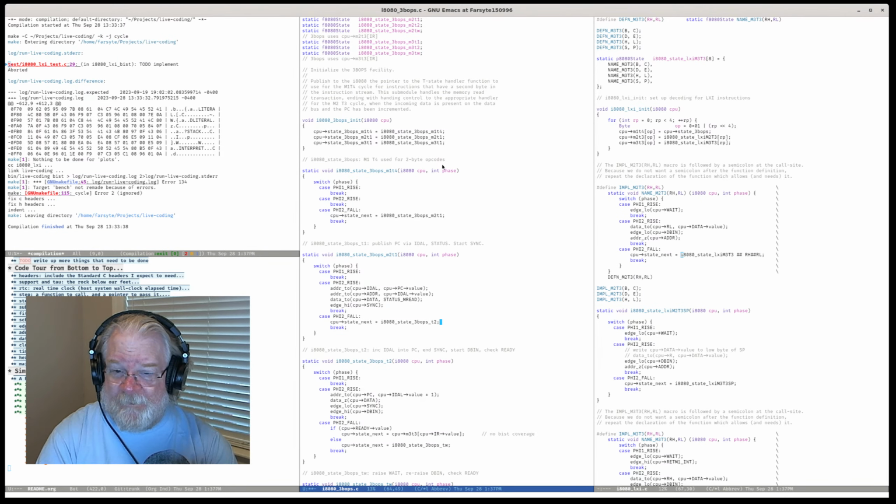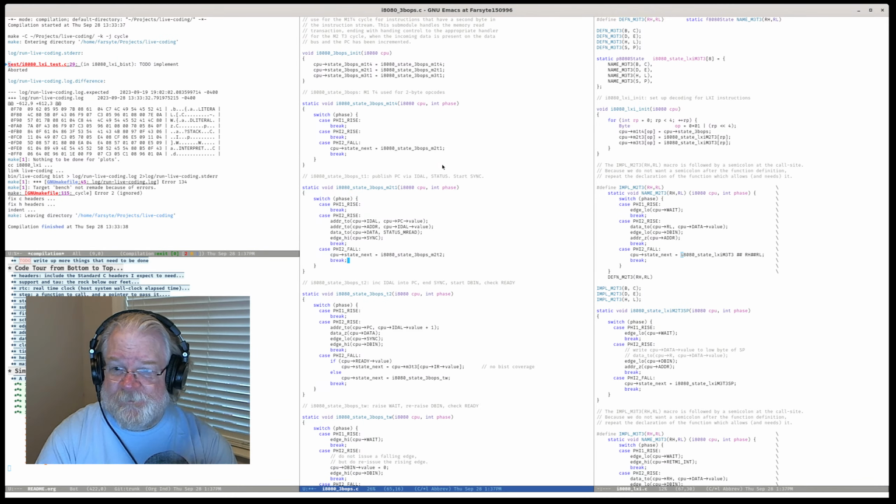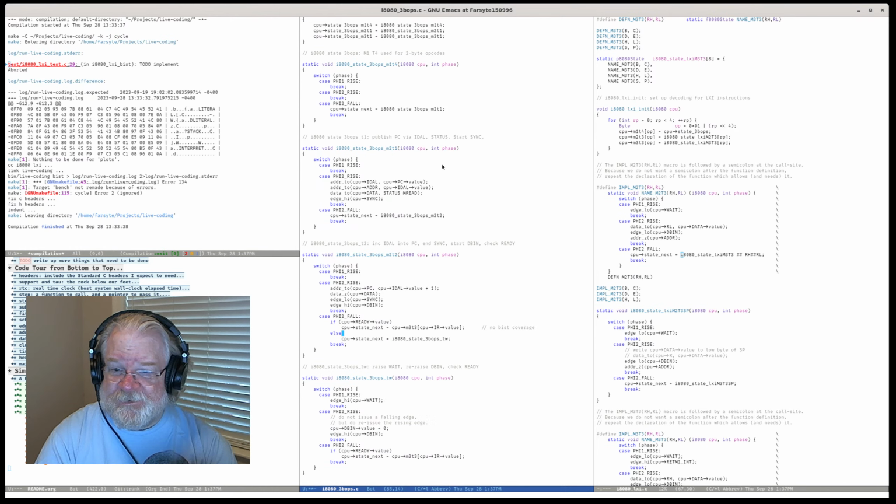M2T1 does that and dives into M2T2, which does this. M2T2 does these things. It dives into M2T3 here, or into TW. This is actually, I need to keep it separate. This is a M2T wait.